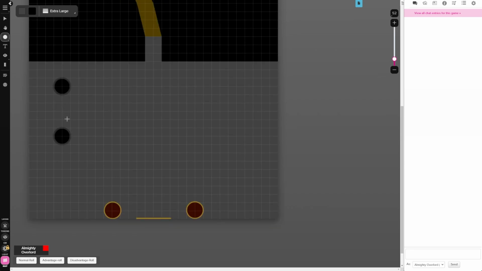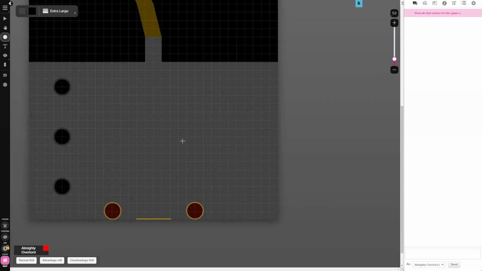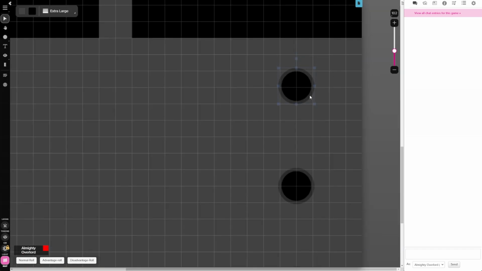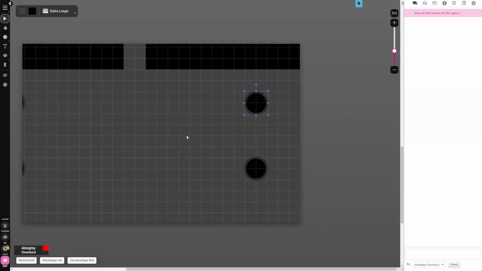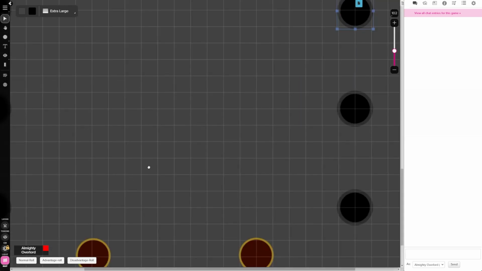And can I fit one more in? 1, 2, 3, 2, and a column there. Perfect. Yeah, that'll work. And then we come over to the other side, and there are 3 edge. So there, I will have to move that one. Then there and there. We just zoom in. There we go. All right, so now we got a couple of columns. We got our braziers, which I'm actually going to make a little bit smaller to make them a bit more distinct